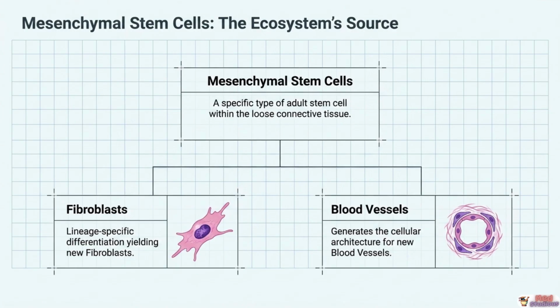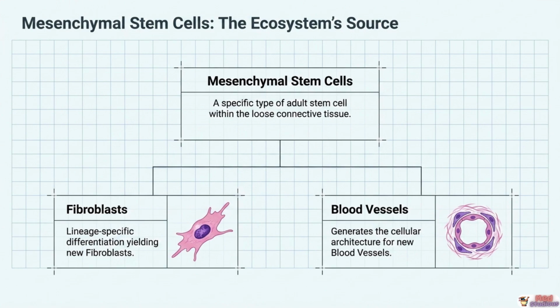Beyond just fibroblasts, mesenchymal stem cells are incredibly important for vascular health. When a tissue grows or requires more blood flow, these stem cells differentiate to help generate the necessary cellular architecture for forming entirely new blood vessels, a process known as angiogenesis. Without this hidden reservoir of stem cells, our connective tissues would lose their ability to heal from even the most